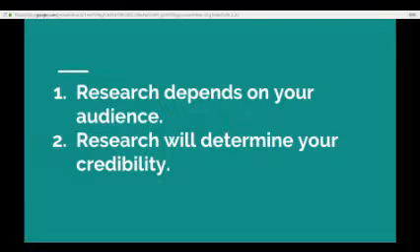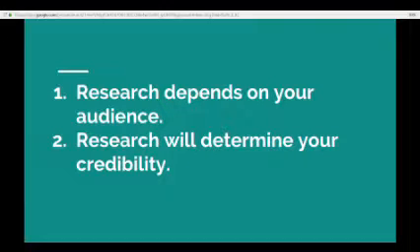You may not be using explicitly scholarly sources, but you're still using reliable and relevant sources. Just because something is not scholarly, peer-reviewed in an academic journal, does not mean that it's not a reliable or credible source. It just means that it's going to have a different kind of clout in different environments.